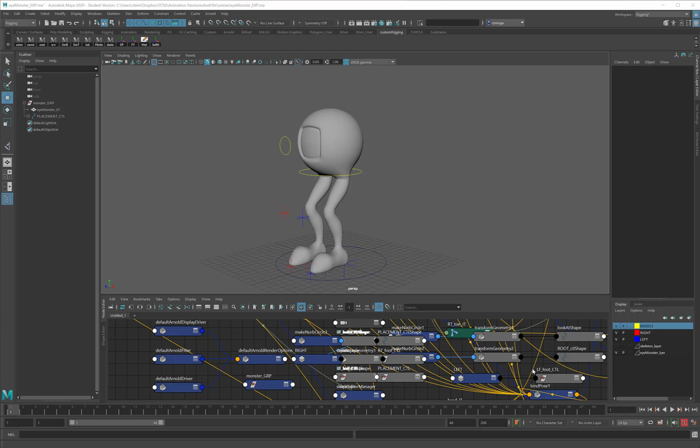So in order to make this rig a little bit easier to animate, there is actually one last thing I want to do. These controls all have very specific functions. The look at functions when I use translate. When I use rotate, it doesn't affect the model. When I use scale, it doesn't affect the model. So it would be very helpful to me as a reminder to just take all of these channels and in